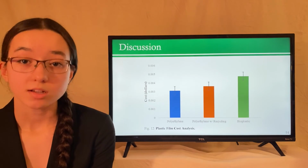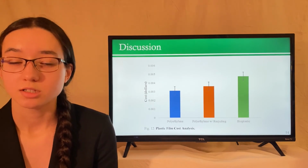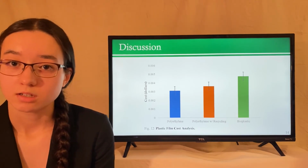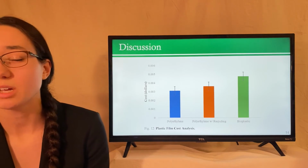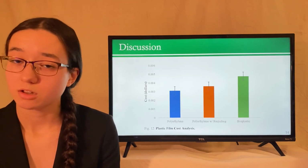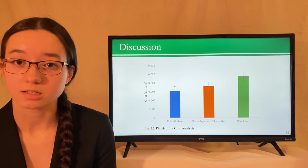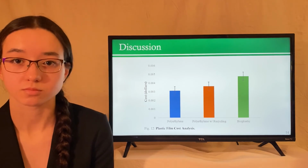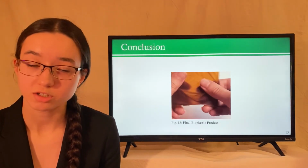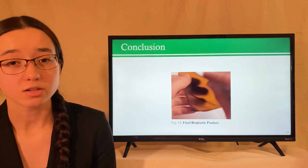Next, I have a cost analysis of each of the types of films just to see if they would be comparable in price. So for the polyethylene samples, there's about a 0.2 of a difference between the polyethylene and bioplastic samples, which is pretty close, and this gap is closed even further when you consider the cost of landfill maintenance and recycling for polyethylene. So to conclude, the hypothesis was partially supported in that the bioplastic did degrade faster than